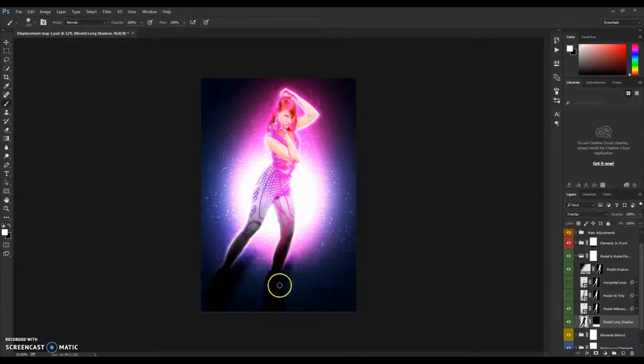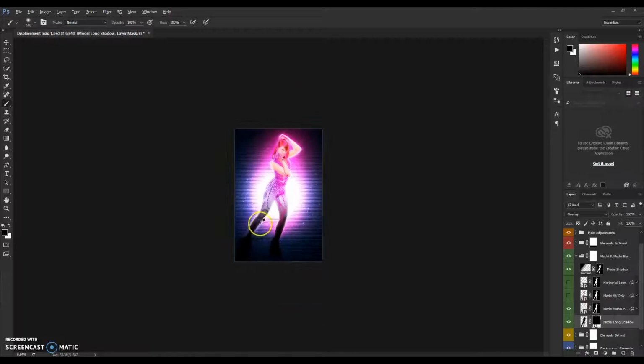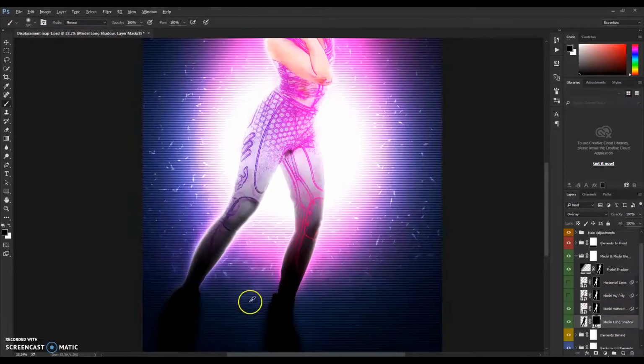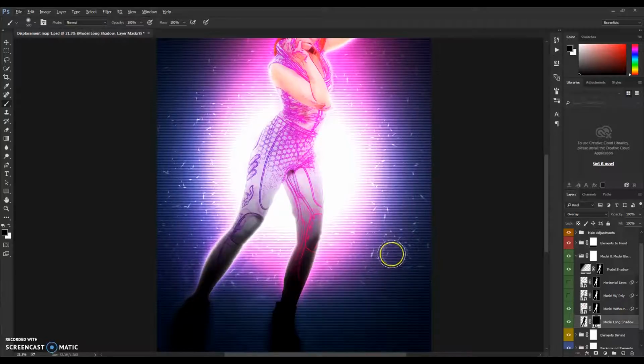And if you don't like how it's set, just again brush it out via the layer mask, like this. If you want it to look a little bit better, and that's basically it. You can also brush out this model shadow, as you can see,